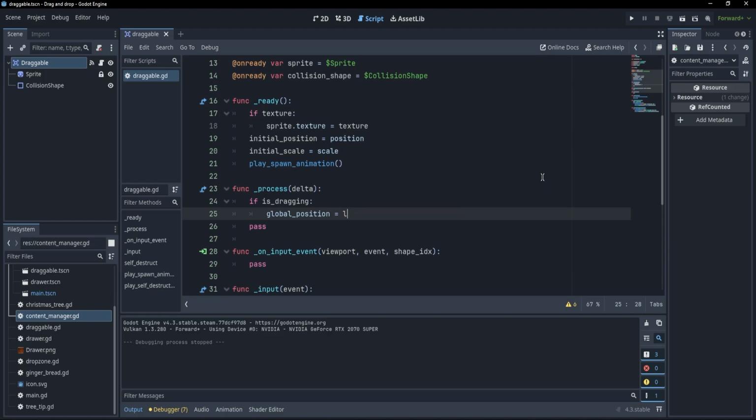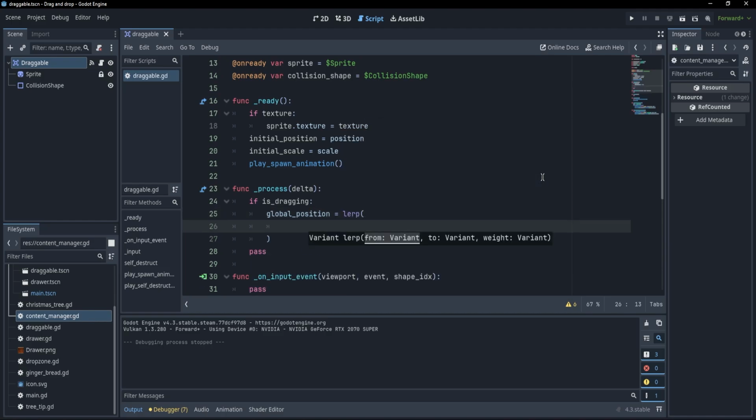So I could simply write lerp, and you see this function simply returns a value between from and to with a given weight. If the weight is, for example, 0, it's going to return from, and if the weight is 1, it's going to return to, and if it's 0.5, it's going to return exactly the value at the middle